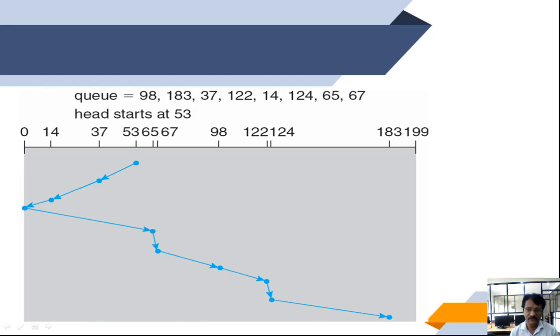So the heaviest density of requests is at the other end of the disk, and these requests have also waited for a longer time. Fine. So this is how the scan algorithm or scan scheduling works. And let's see the video which explains this with a proper animation, which helps you to understand scan more precisely.